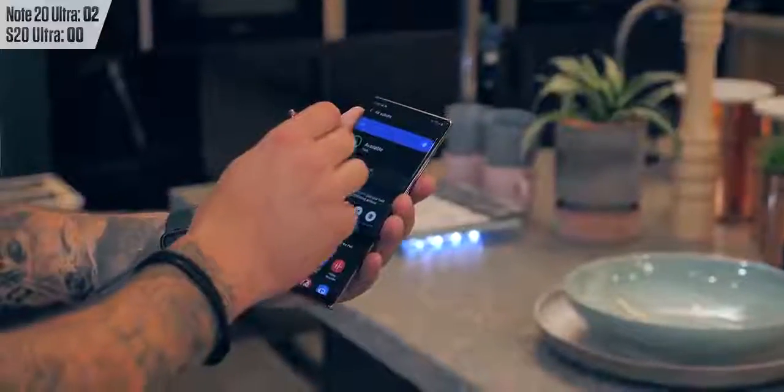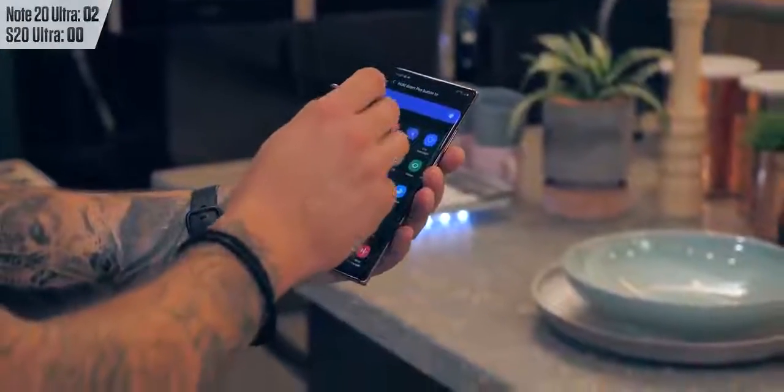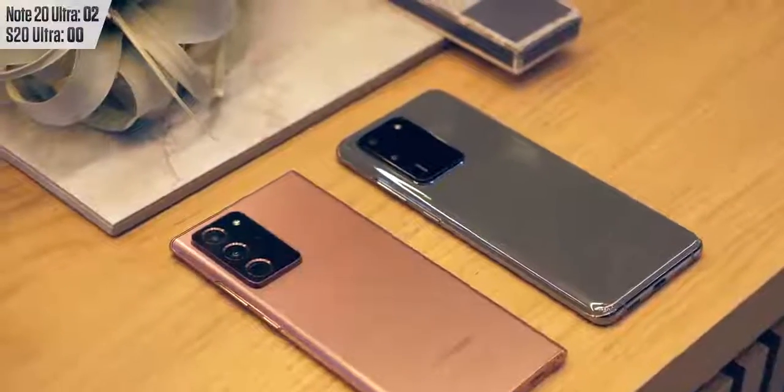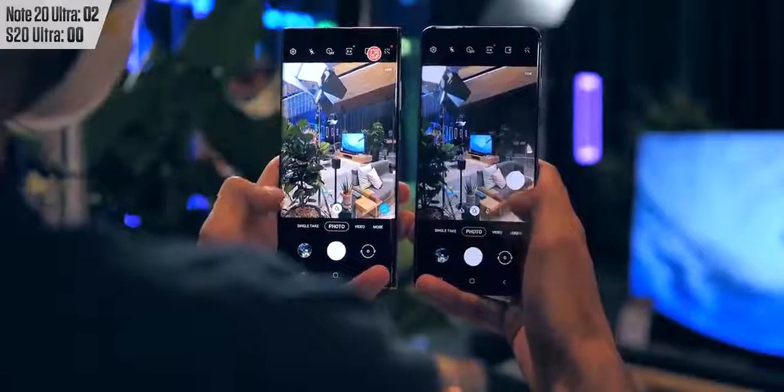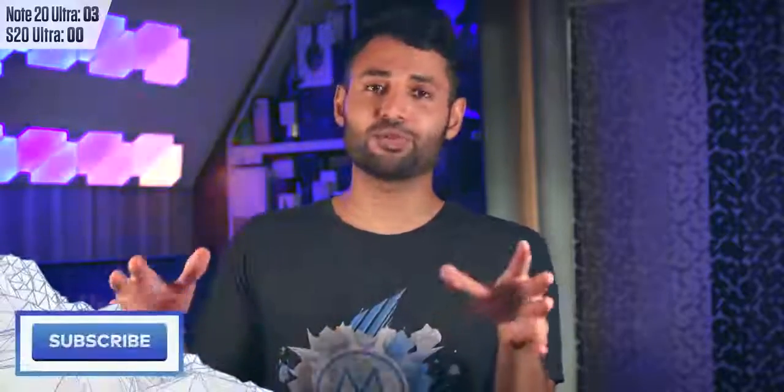It's probably just the fact that for this Note, they're not marketing it as a 100 times zoom camera anymore because they don't need to. So they've limited that feature. With the marketing for this Note, they'll probably focus on its productivity features. And the benefit to that for the camera is that they'll only put things on there if they think they'll make it better. So I'm giving camera to the Note,